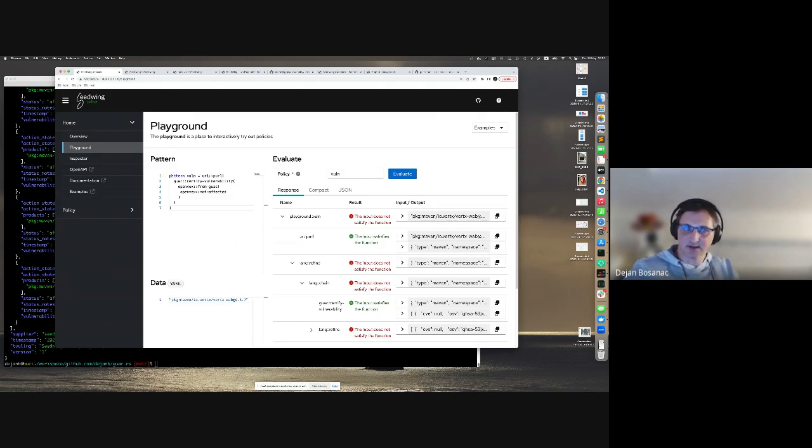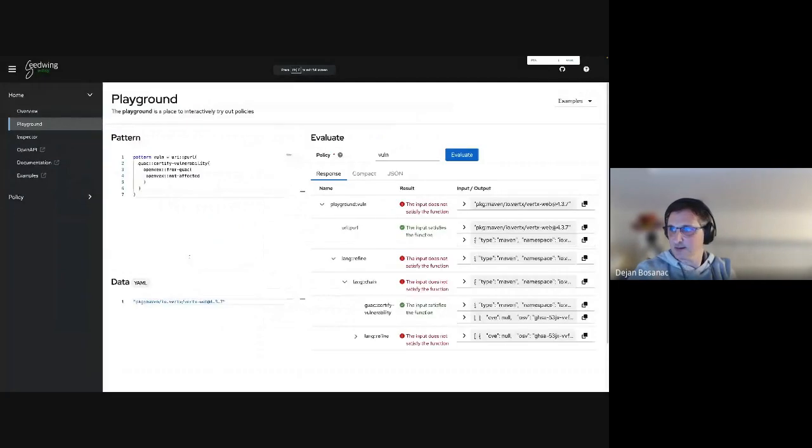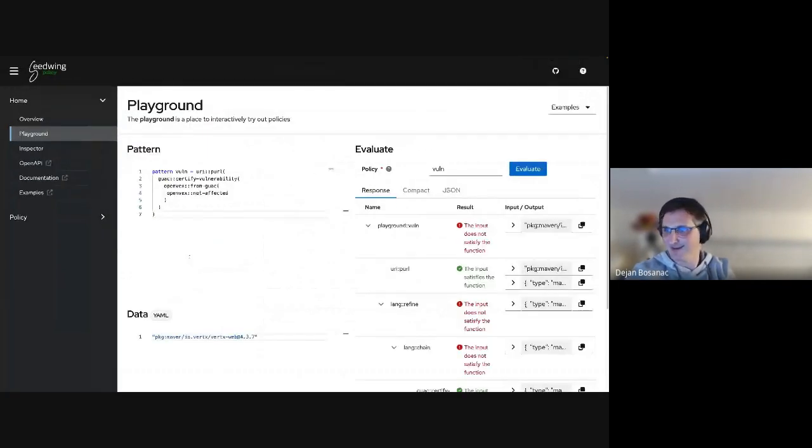practice. So this is an example. Can you see it? I don't think I can make this much bigger, okay, a little bit. So this is an example of how you would write a pattern in the Dogma language. Basically this will get a PURL, call GUAC for the certified vulnerabilities for the given PURL, and then from that create the VEX document, and finally check if that OpenVEX document has any packages